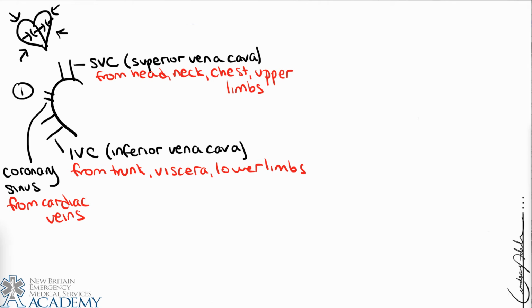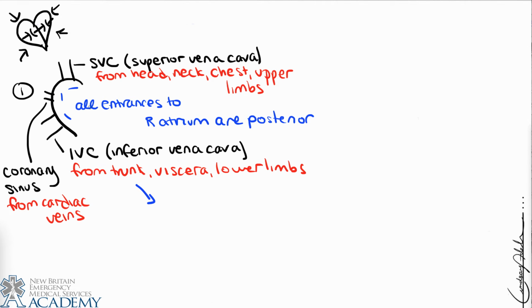Now, it's important to note that in terms of the orientation of these vessels, they all enter the right atrium from the posterior. So they're essentially sitting sort of behind the right atrium as they deliver the blood, and then there are just some holes for the blood to pass through that you can see. Okay, so let's move on and talk about the